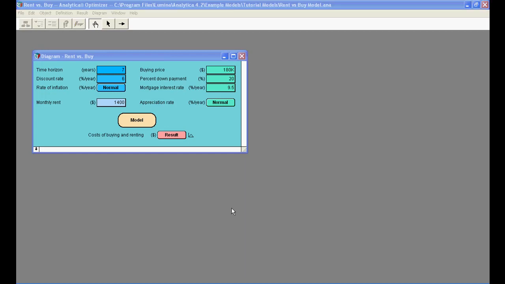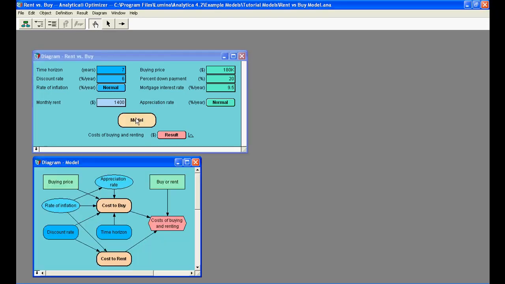Now, let's explore this model by examining the underlying influence diagram. In order to explore the details of this model, let's double-click on the Model node. This now opens up the underlying influence diagram, which is a graphical representation of a model showing how different variables